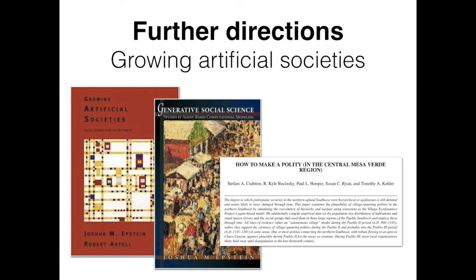Growing artificial societies. More generally, there have been a number of attempts to model complex historical dynamics with complex, realistic, agent-based models. One of the first attempts was Epstein and Axtell's 1996 book, Growing Artificial Societies, which includes a careful study of their stylized Sugarscape model, in which they produce a lot of very interesting social behavior. It's worth checking out. This has been followed by many studies by social scientists and archaeologists to use models to better understand the past.